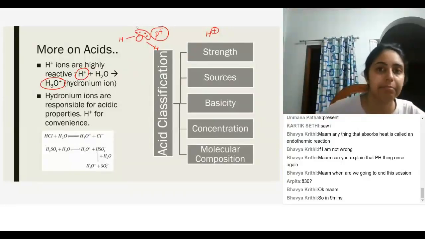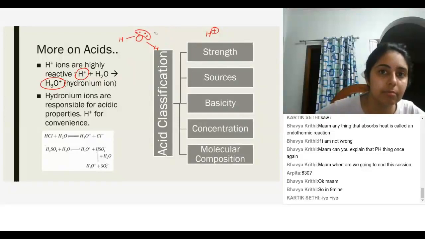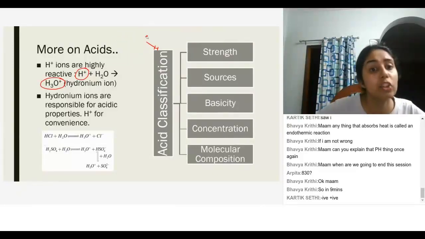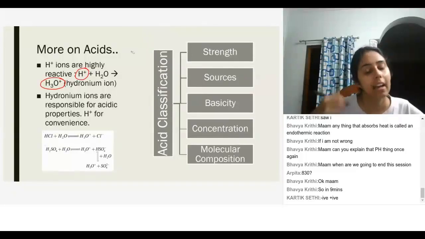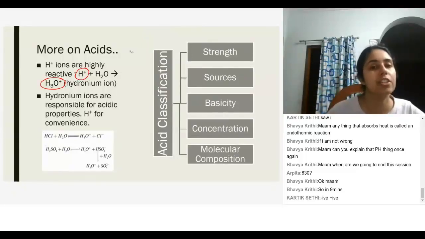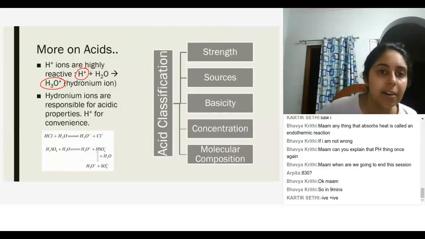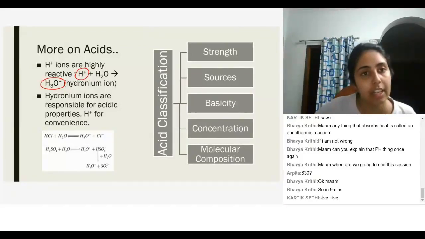The thing I'm getting confused is that water is a covalent bond and this is an ion, and how can a covalent bond have an ionic reaction? It is not a reaction. Okay, we can call it a reaction. The thing is, there is no transfer of electrons or sharing of electrons either. It is just nothing but attraction.